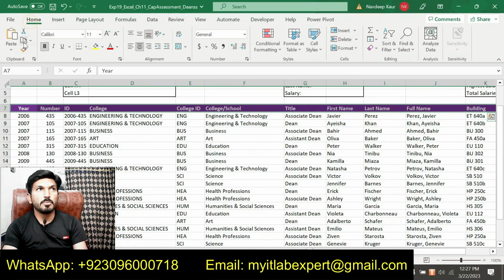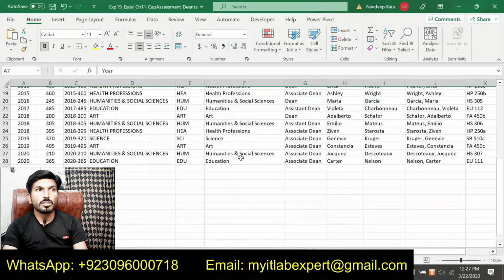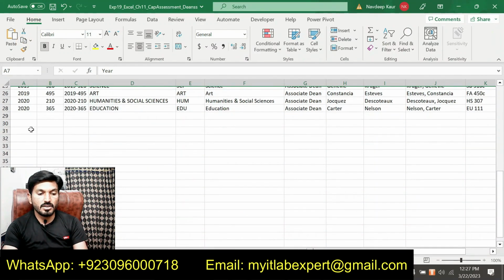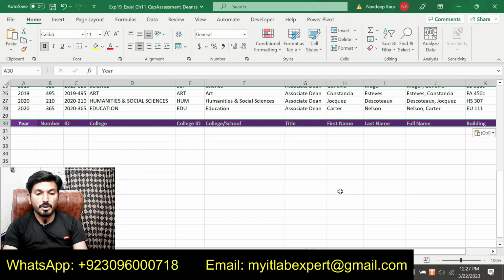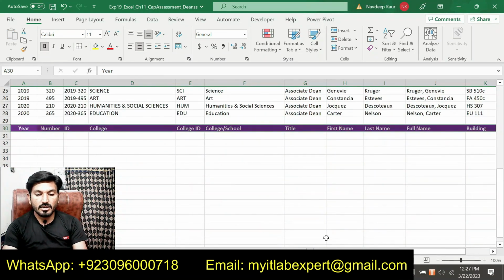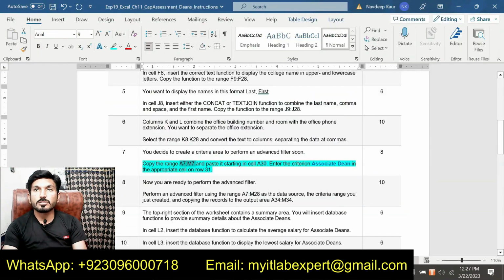So go to the Home tab and copy this one. Now we are supposed to paste this range in A30. So this is our A30. Click here and click on paste. So we have copied the range and pasted it in cell A30. After that, we are supposed to type Associate Dean in the appropriate cell. We can copy this or we can type this as well. So I will copy this one